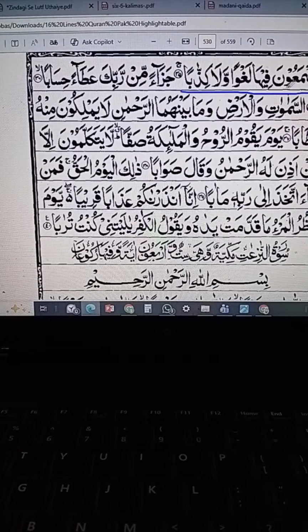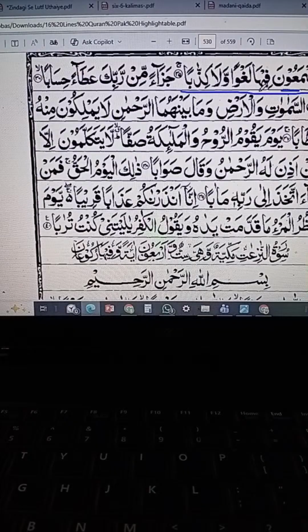La yasma'una. In la, alif madda is here. The definition of alif madda: when there is a zabar before alif, it will become alif madda. We have to stretch it. La yasma'una. There are three letters of madda: alif, waw, and ya. And the waw madda is here. Before waw sakina, there is a pesh. We have to stretch it. La yasma'una.